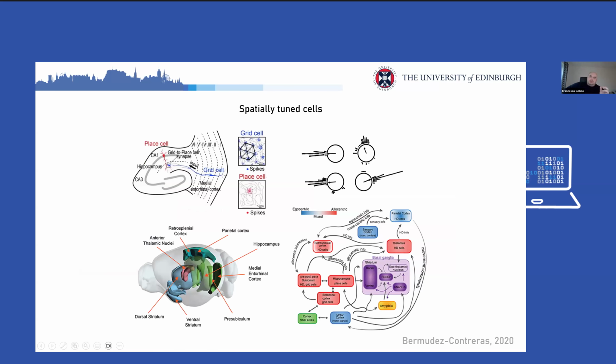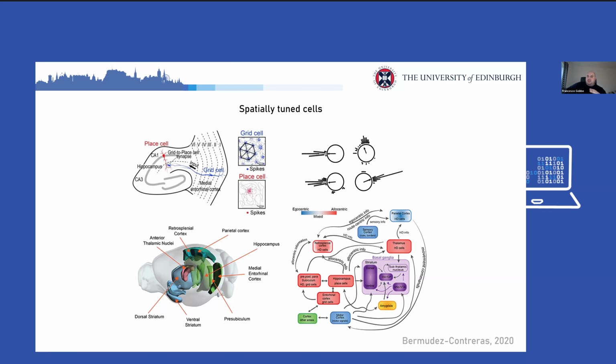So beyond place cells, a wide variety of spatially selective cells has been described in the brain. For example, data from Edvard and May-Britt Moser has defined grid cells in the entorhinal cortex, head direction cells in the anterior thalamus and other brain areas. So overall, a number of groups have described a family of spatially selective cells that essentially allow the representation of information either in allocentric or in egocentric ways. And I will explain in a second what allocentric and egocentric mean.